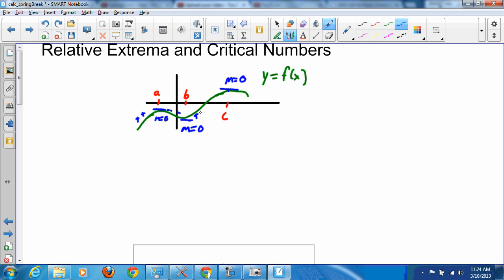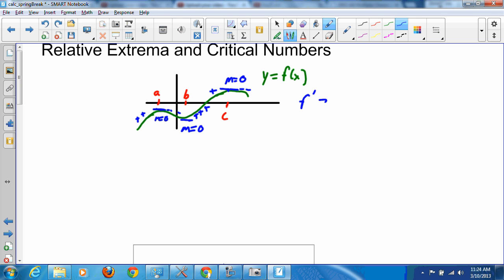So the slope, or the derivative, the first derivative, is positive. It continues the same way until it stays positive till it gets to C, and then after C it looks like it shifts back to negative again. So what can we say about this? Well, the first derivative tells us that